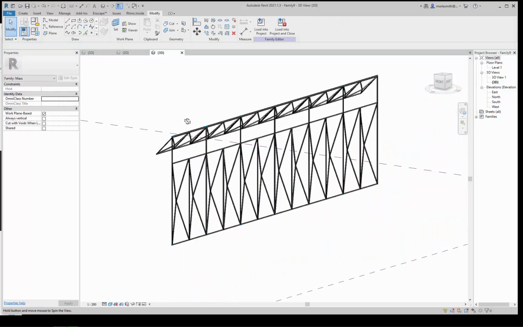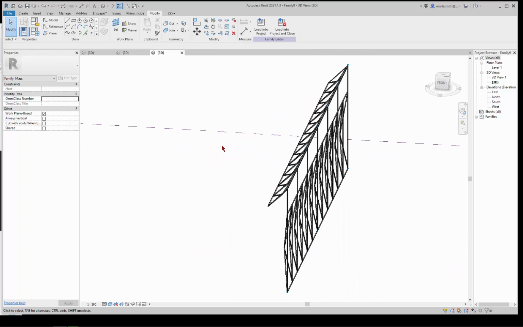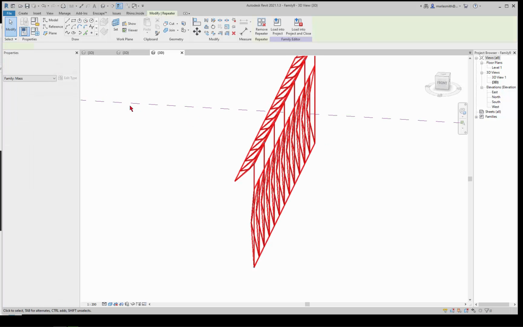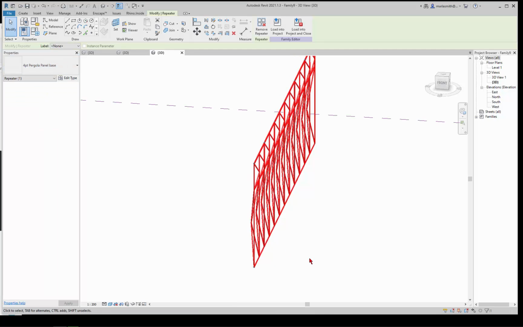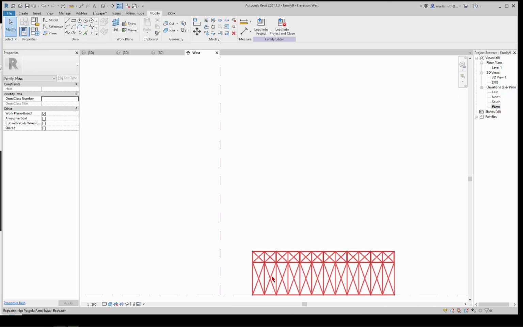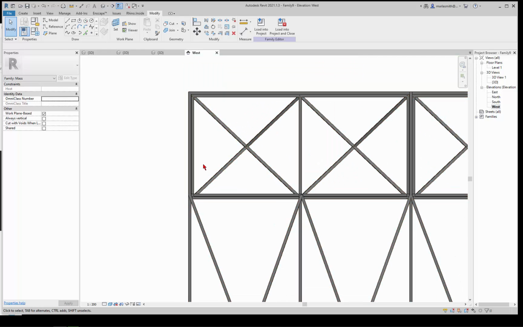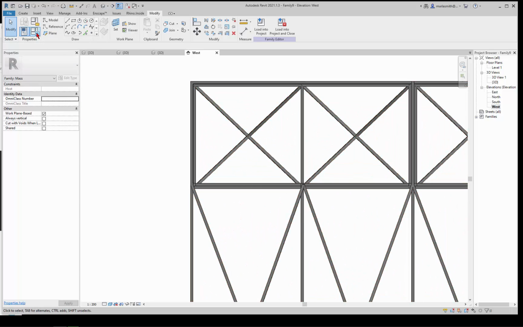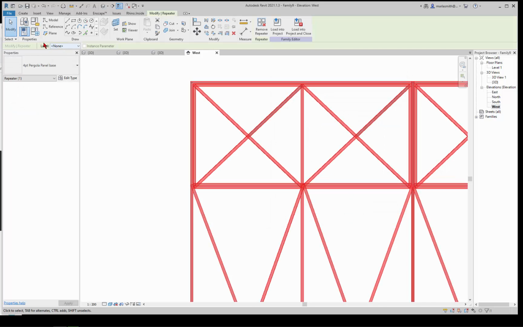Now that's 45 degrees open. If we need to rotate it, I can't remember which way it needs to rotate. If it's not rotating correctly, you can always figure that out. Let's pick this guy and flip it back to the other one, the base, because that one will be closed. Let's go to our west elevation. Like I said, the main thing that you may have to do is adjust the size of the panel as this gets smaller and bigger, but we'll see. This one seems to be working, so let me